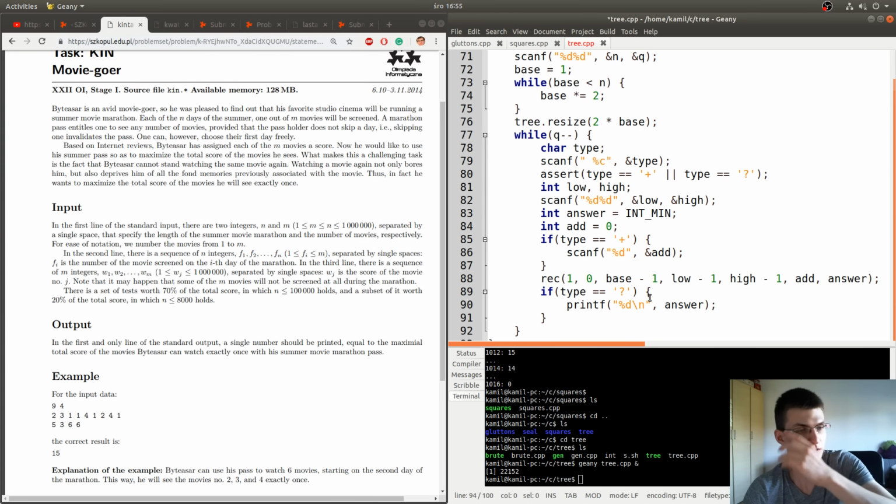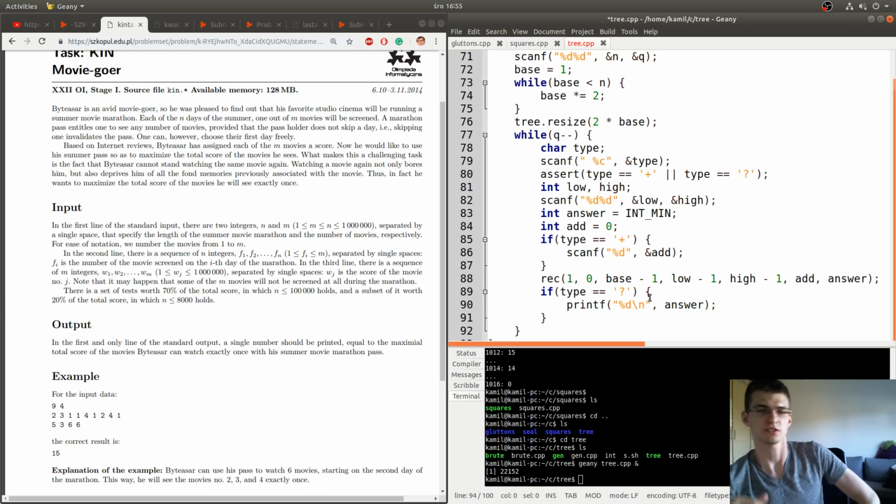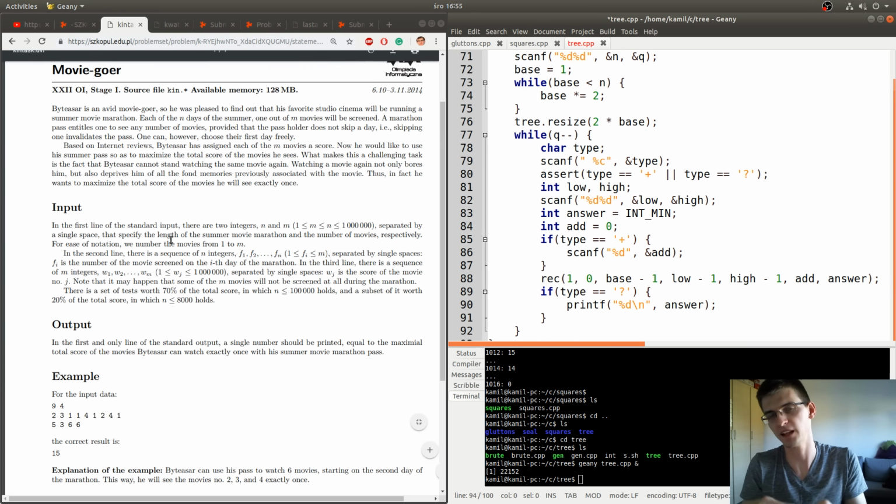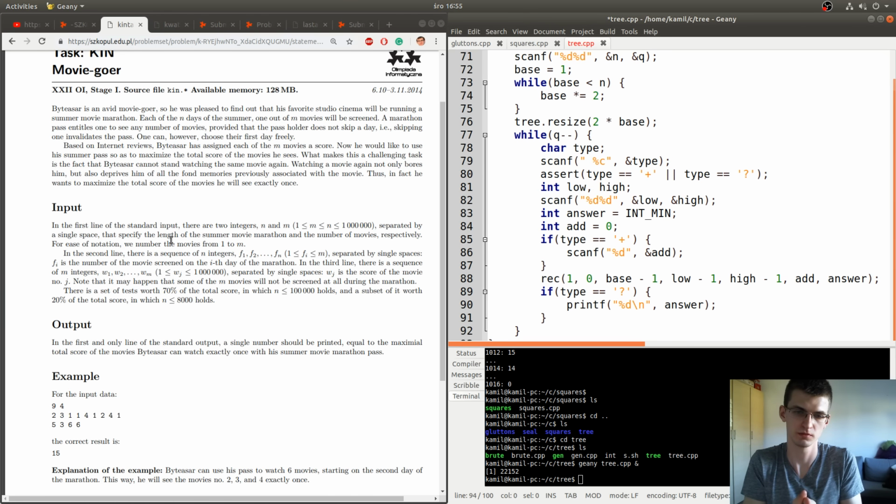Okay, and what I implemented here wasn't the solution for this problem, and it was on purpose. Why? Because of course you can write the solution for this problem and then put a tree there. But then it's harder to debug, it's harder to find mistakes. What I do personally, if there is some complicated solution that uses some structure, is implement not even the solution to this problem, just something that uses this structure.